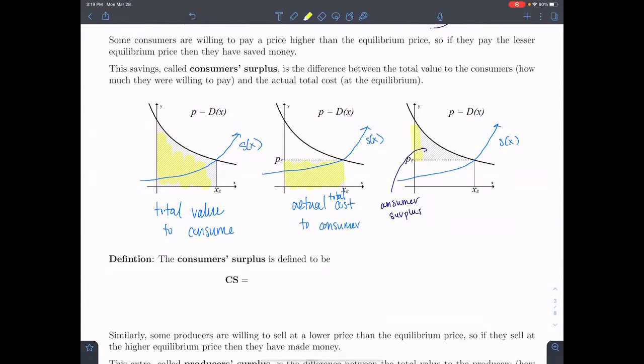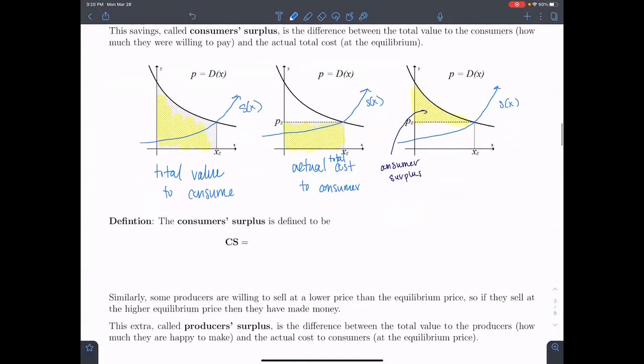And then this portion right here between the equilibrium point and the demand curve, that's where the consumers are going to pay a higher price than the equilibrium price. So if they pay less, then they're saving money. This is called the consumer surplus. Okay, so that area is the area between two curves. So that area is going to be the integral of the top minus the bottom,